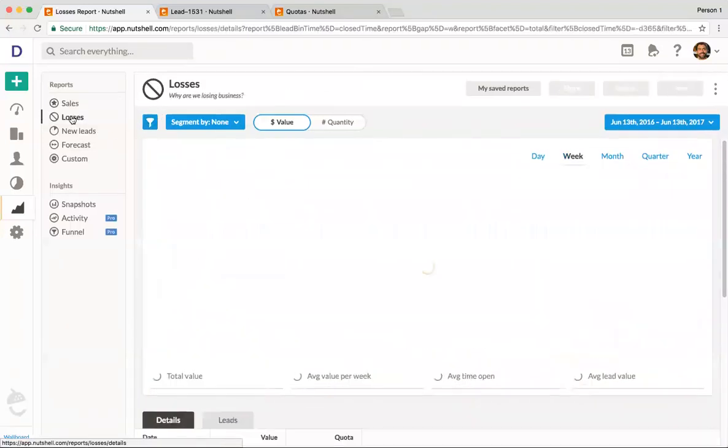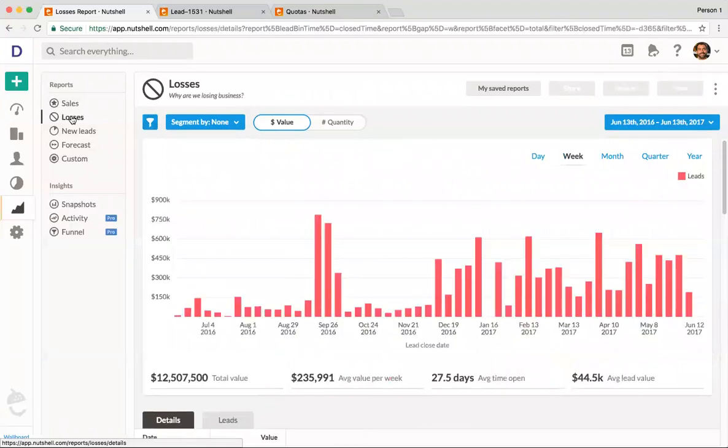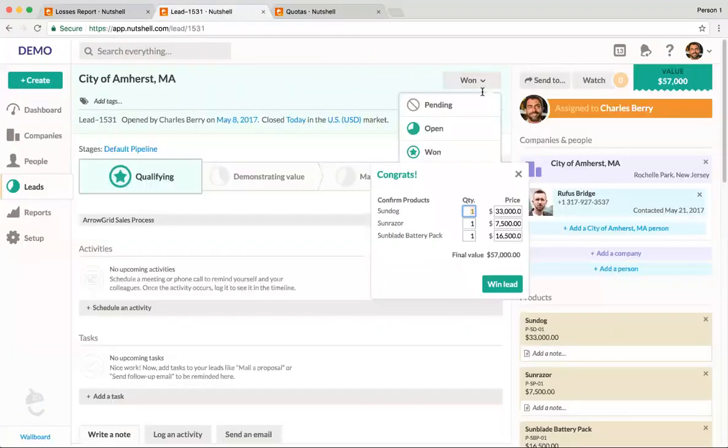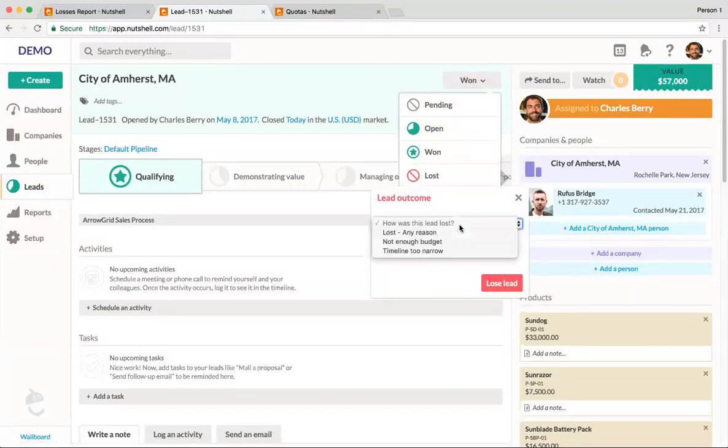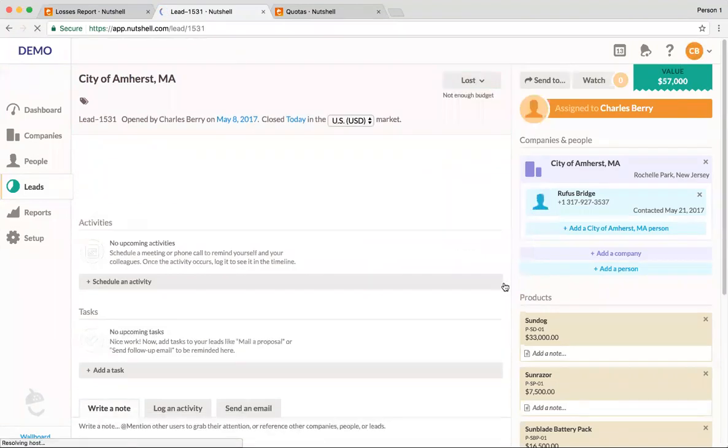All right, so moving from sales into our losses report. Losses report, just as you'd imagine, is the complete opposite of what we were just looking at. These are leads that have been won and lost. So if we said, hey, this lead was lost because we didn't have enough budget,